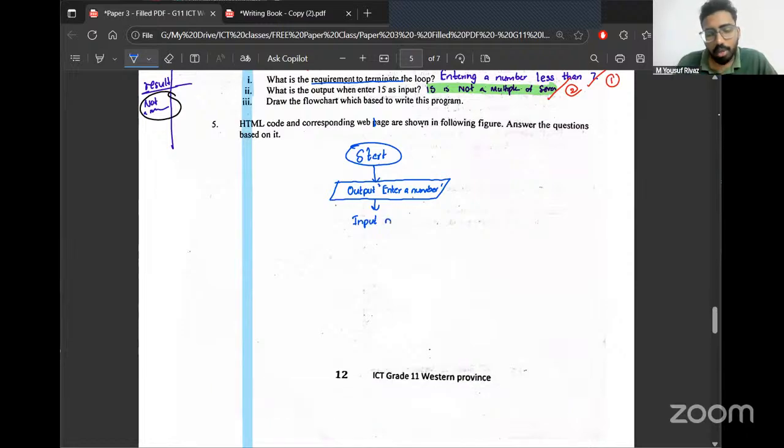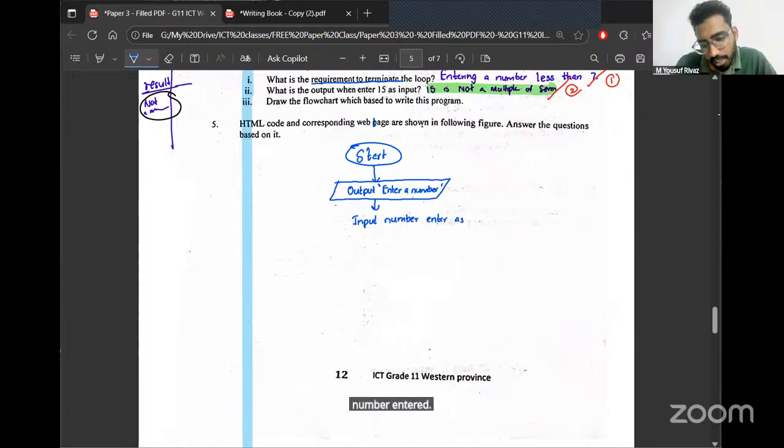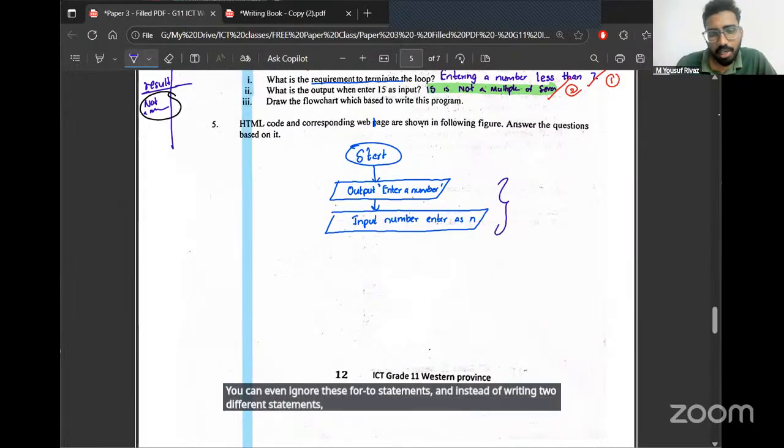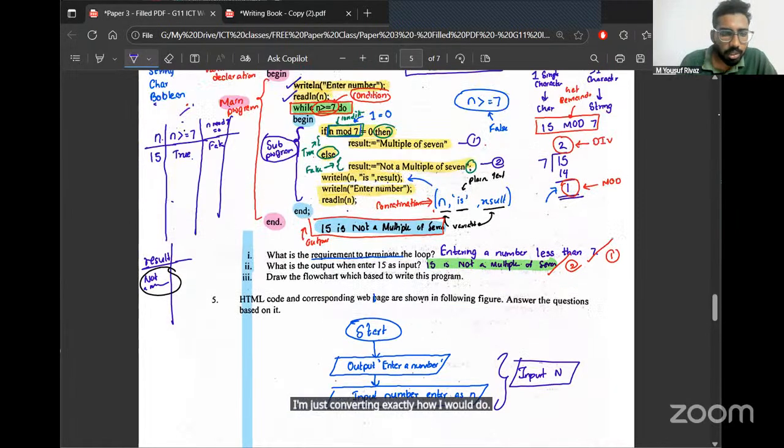You can directly mention input n, or input number entered as n. Not a problem. You can even ignore these two statements and instead of writing two different statements, directly mention input n as well. That's also correct. I'm just converting exactly how it is there. So input number as n.